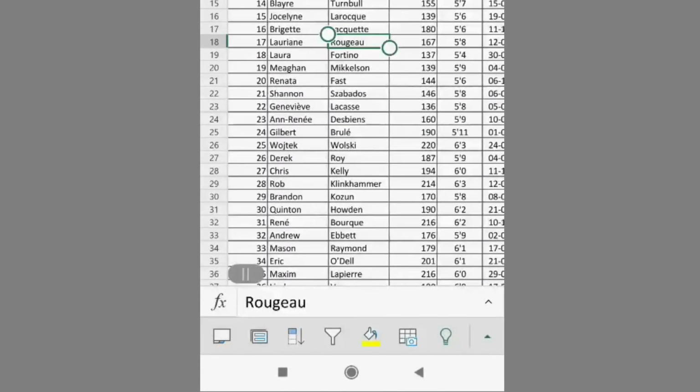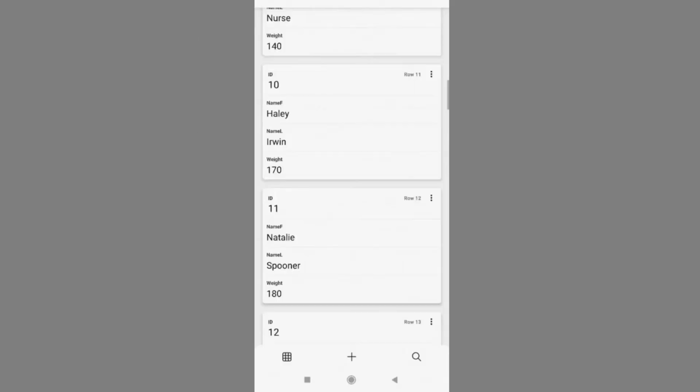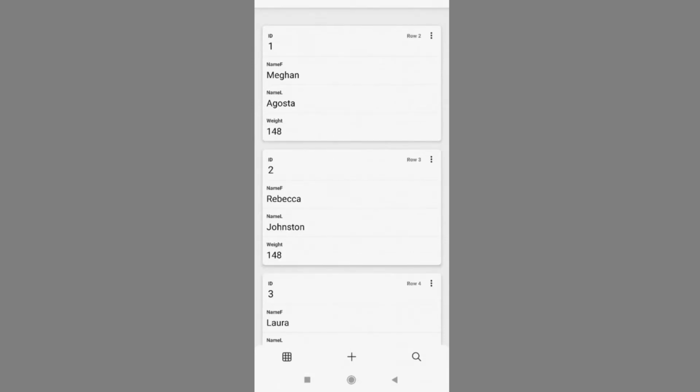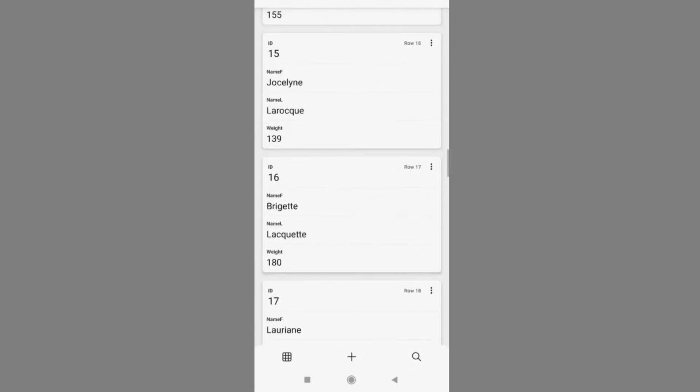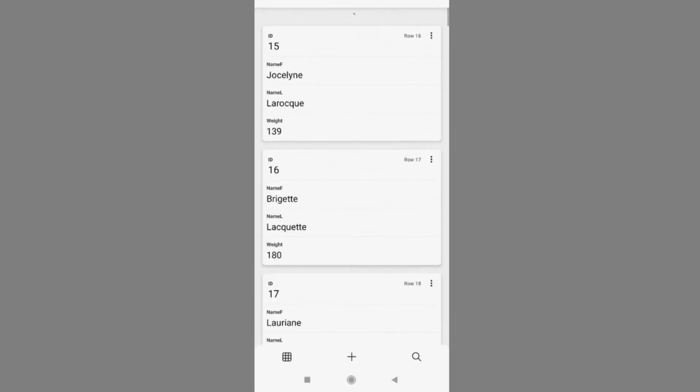Now click anywhere on your Excel table, click on any one cell and then click on the Cards View icon at the bottom of your screen. This will open the Cards View. You have successfully converted each row into a separate card in your Excel file. Each row in the Excel table has become a separate card. Since there are 97 rows in the Excel table, it has created 96 cards because the topmost row is the